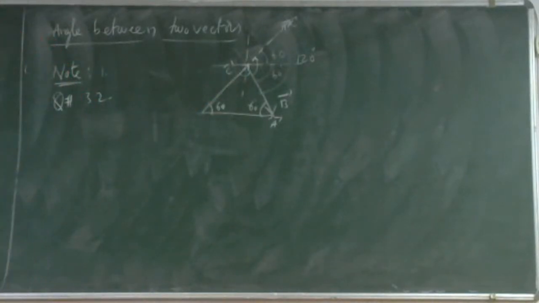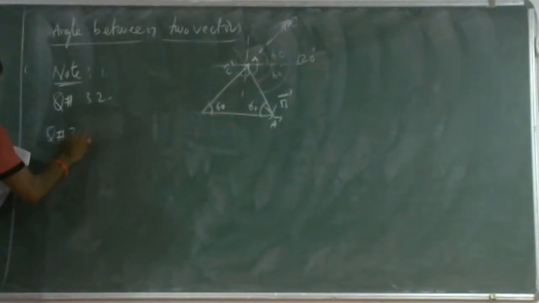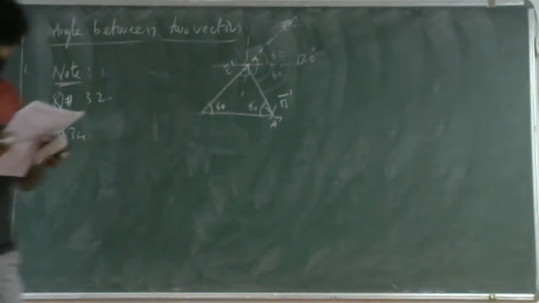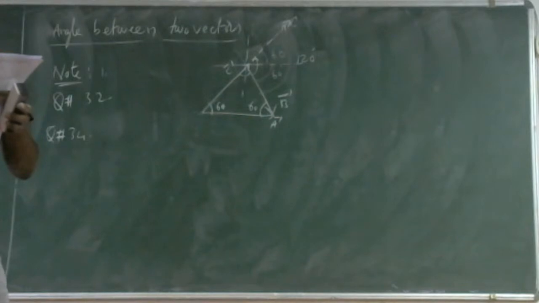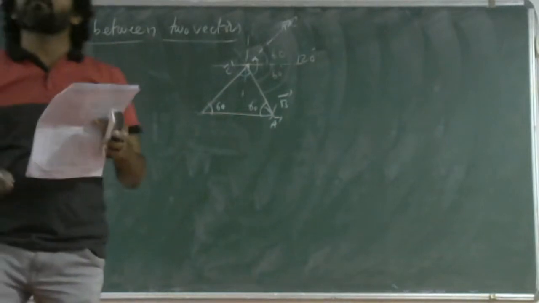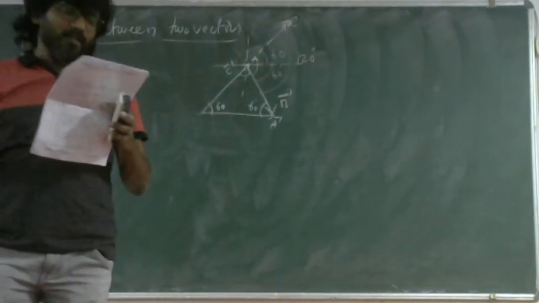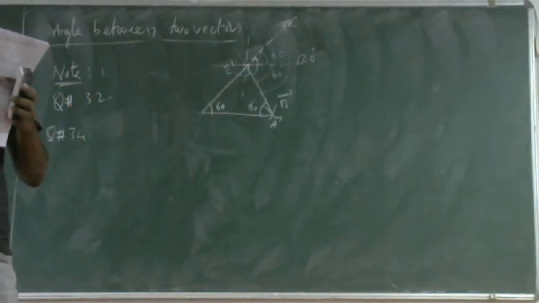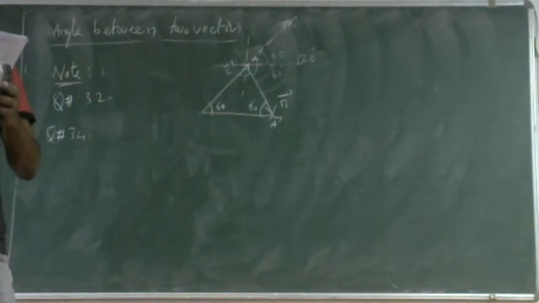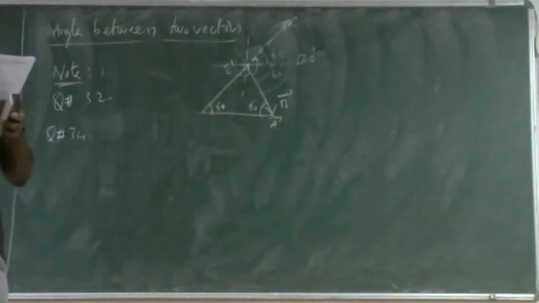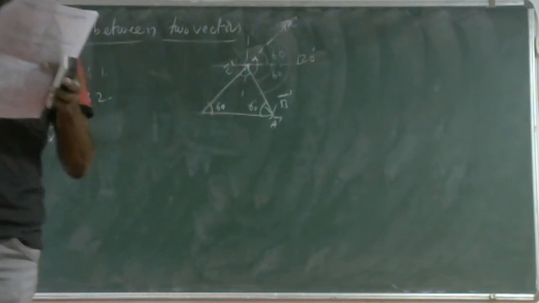Right, that's good. Next, question number 34, quickly. So what is written here? If the magnitude of a vector is 1, then it is called a unit vector. The options are unit vector, zero vector, scalar, none of the above. If the magnitude of a vector is 1, then it is called a unit vector. Is it clear? Next question: acceleration due to gravity is, options are polar vector, scalar, axial vector, none of